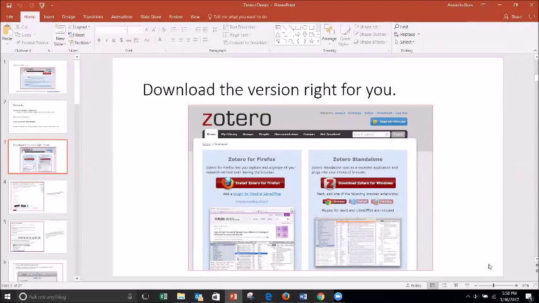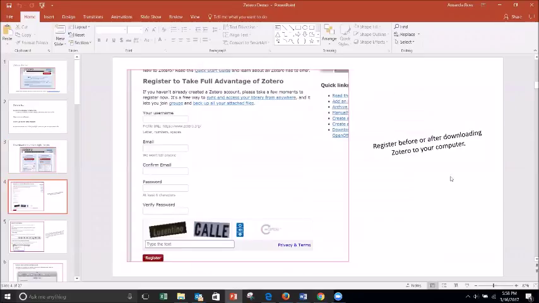So now that we've seen what Zotero can do, you would need to download the right version. Like I said before, though, I recommend downloading both. It's just handy to have one in case maybe Firefox isn't working for you one day. You still have the standalone. And then you would want to register